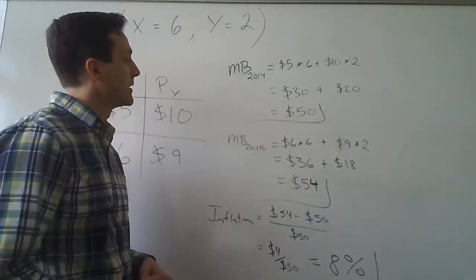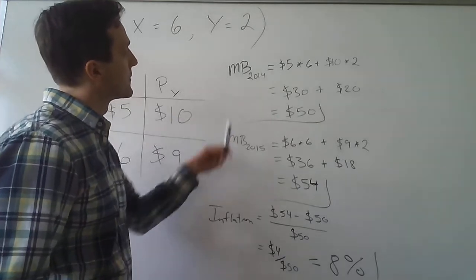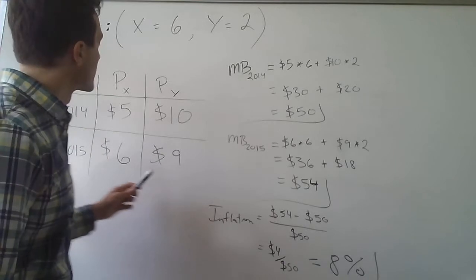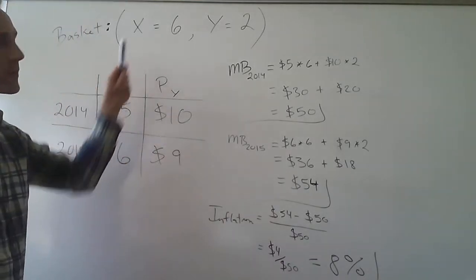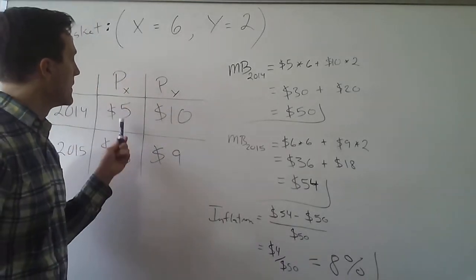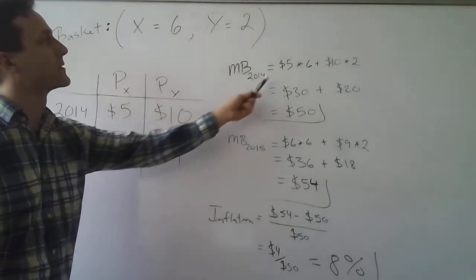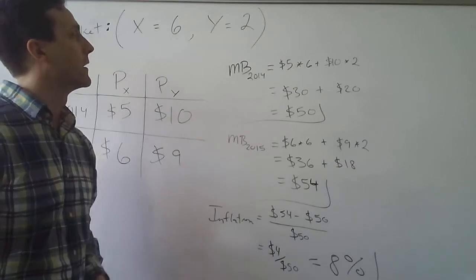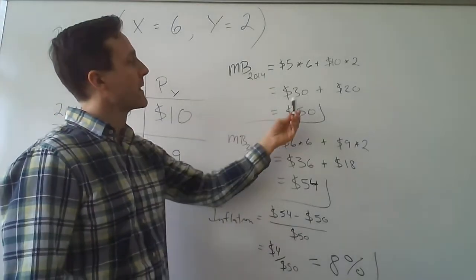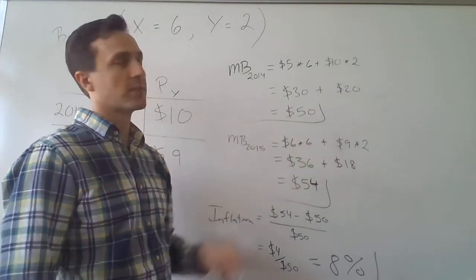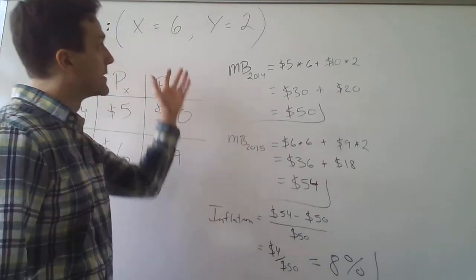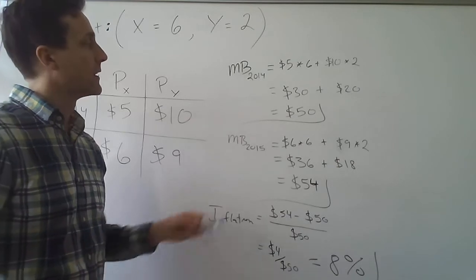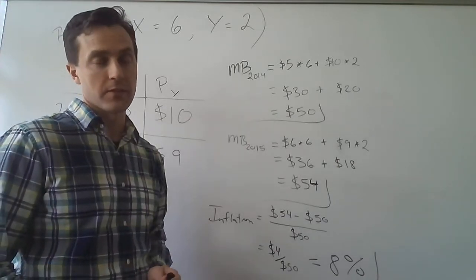as such, right? So using this information, we can figure out that the value of the market basket in 2014, well, it's just the prices from 2014 times the quantities in the basket, right? So the $5 times 6 plus the $10 times the 2 units of good Y that are in the basket. So that's going to be $30 plus $20, which is $50. So the value of this market basket using the prices from the year 2014 is $50,